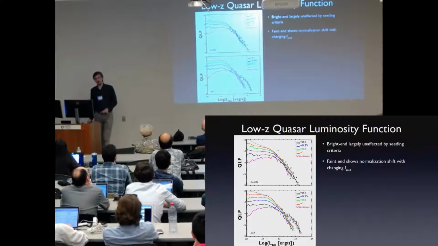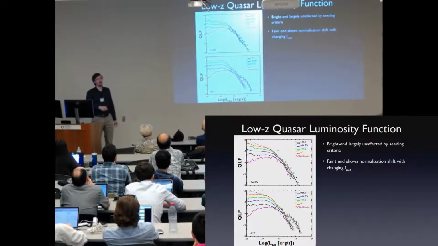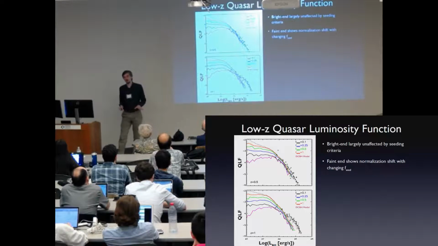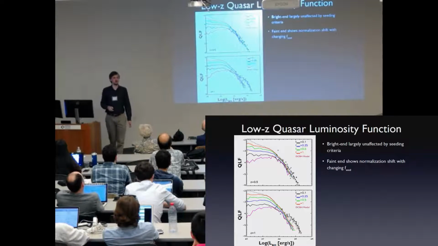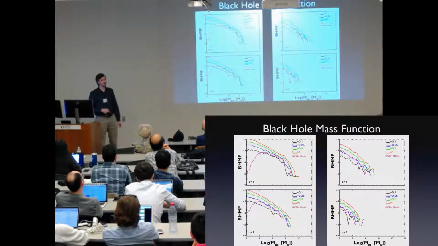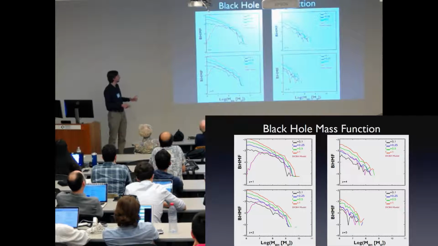We then continue that down to low redshift. And for instance, at redshift 0.5, you can see the luminosity function converges. It's no longer sensitive to the seed model. So if you can push the faint end luminosity function, that will let us differentiate between these models, but the bright end doesn't help. You do the same thing with a mass function, and it's qualitatively similar, except at low